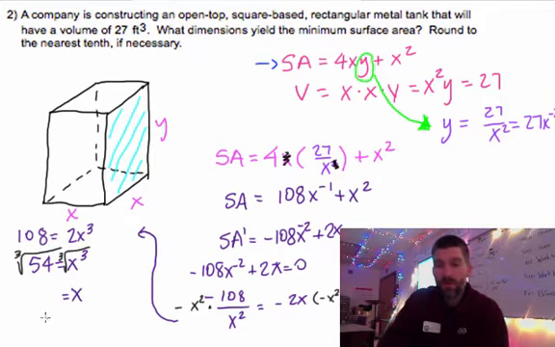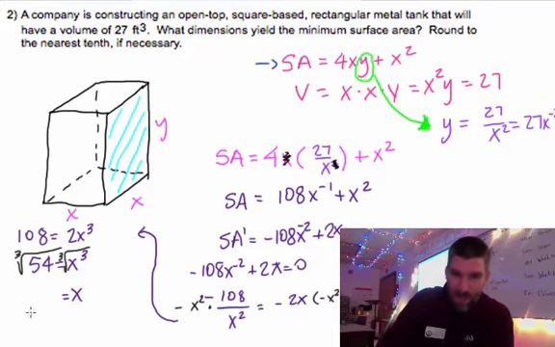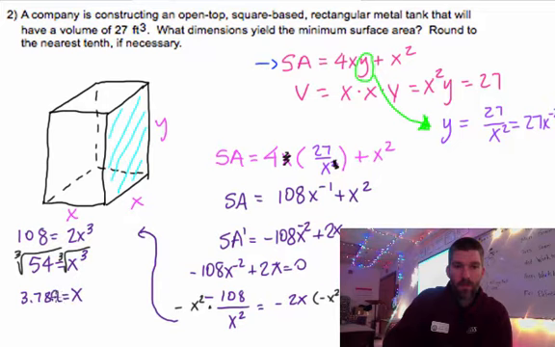And then the cube root of 54, that's not one that I carry around in my back pocket. Plus, I really am interested in dimensions here. So I just punch that into my calculator and I get 3.78 feet. So that means my dimensions here are 3.78,